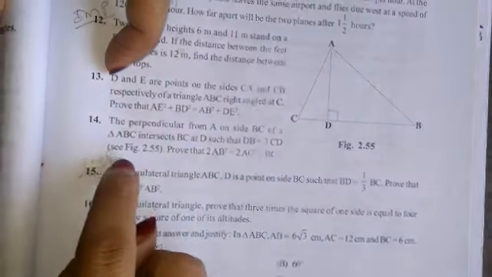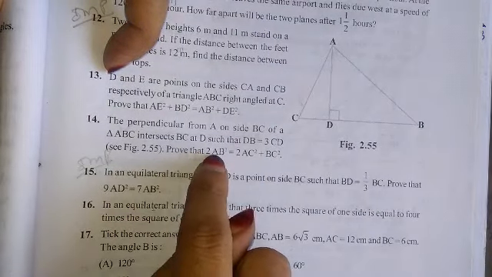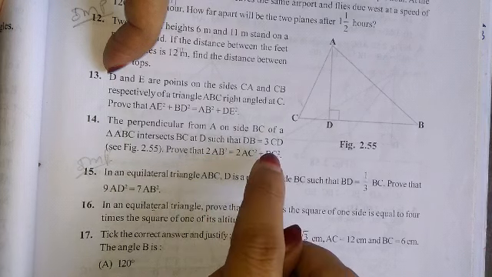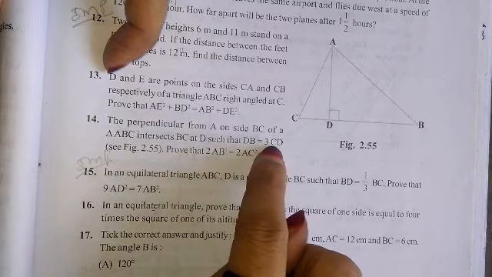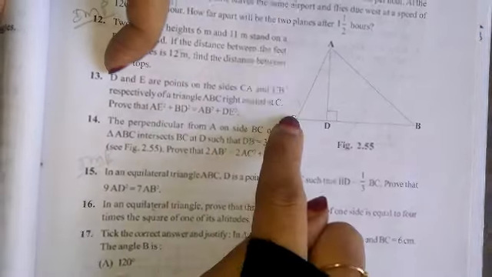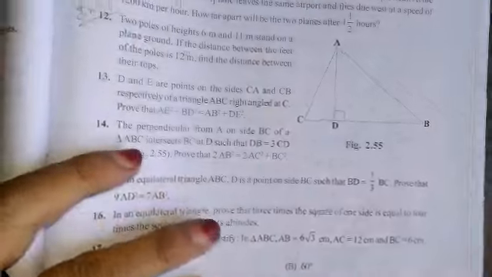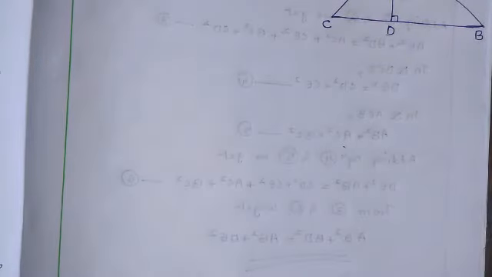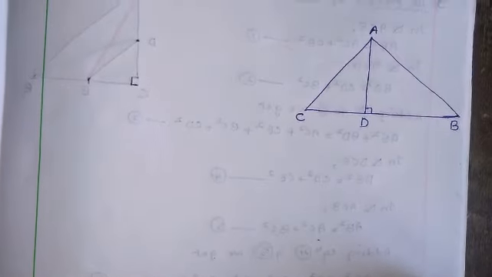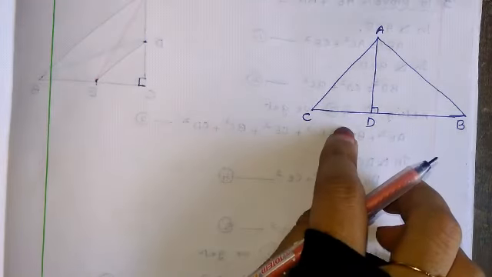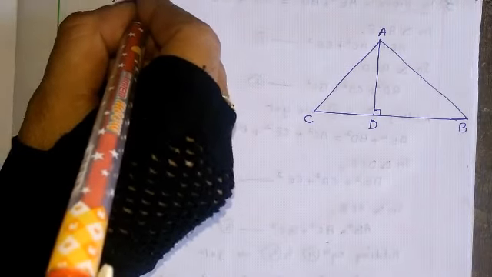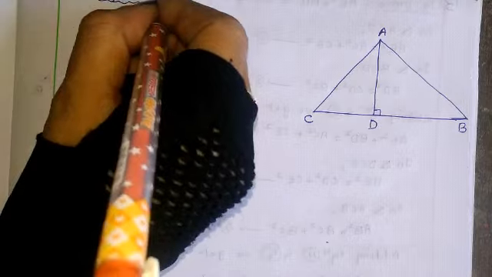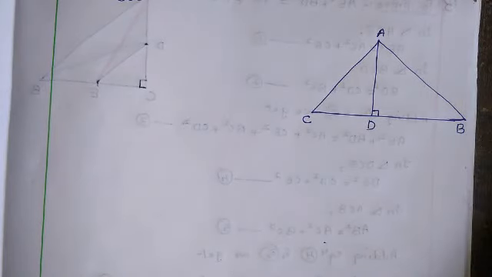Prove that 2AB square is equal to 2AC square plus BC square. This we have to prove. We have to focus always on what to prove. So this is the given figure. Let me draw this figure. I have already drawn the figure here. What they have given is this figure, and they have told us to prove. That is a very important part. We have to write first what to prove, so that we know what answer we have to bring out.